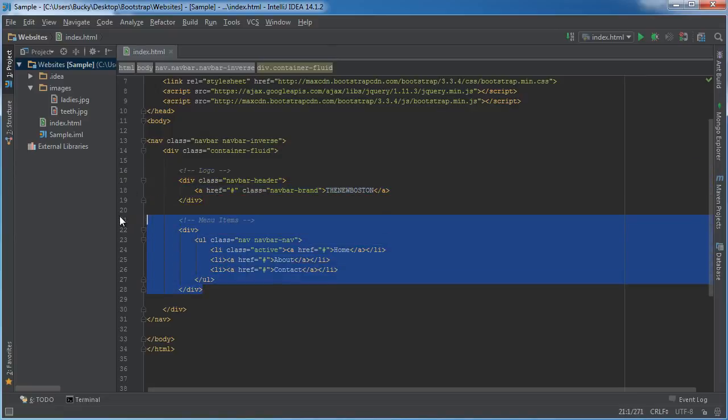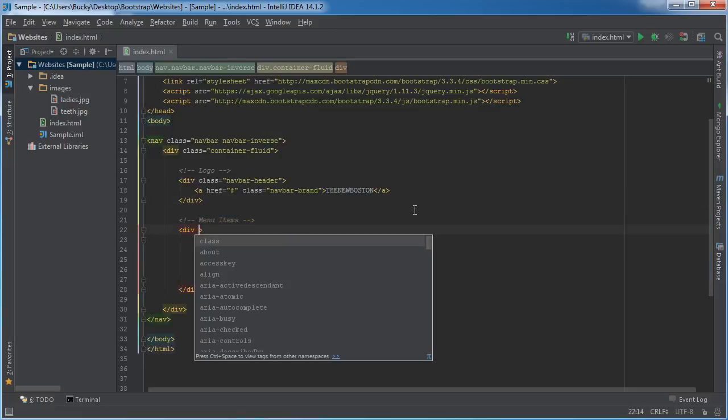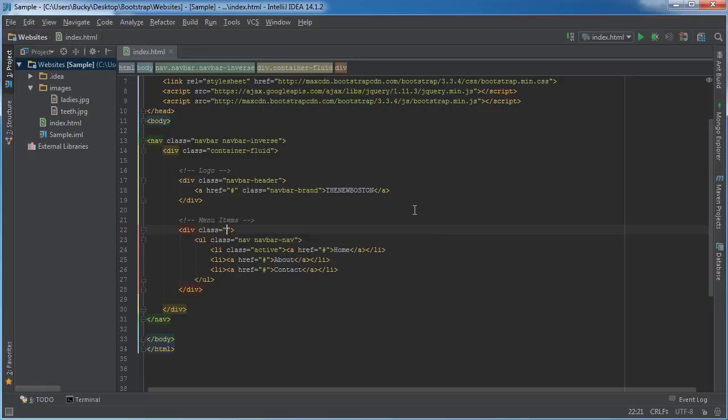Now, we're going to add functionality to say, whenever we click this button that we're going to be making in just a second, hide this section right here. And whenever we click it again, expand it. So we're essentially just going to be expanding and collapsing this. Now, in order to do that, we need to change the div slightly. The first thing we need to do is for the class, we need to give it collapse, so it's able to be collapsed in